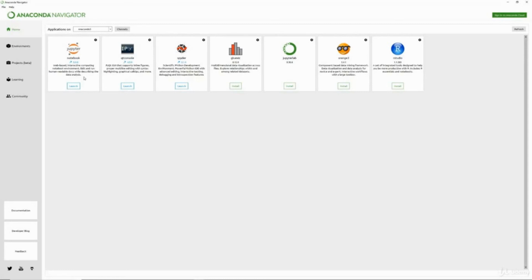There's the Jupyter Notebook, our main development environment. There's the Qt Console, Spyder, another integrated development environment. There's also other things like GlueViz, JupyterLab, and even RStudio. If you decide to later on learn R, you can install that as well, just a click of a button. But we're going to be using the Anaconda Navigator to quickly launch Jupyter Notebooks. So now that we have Anaconda and Python installed on your computer, you should be able to open up the Anaconda Navigator. Up next, we'll discuss how to actually run Python code, either